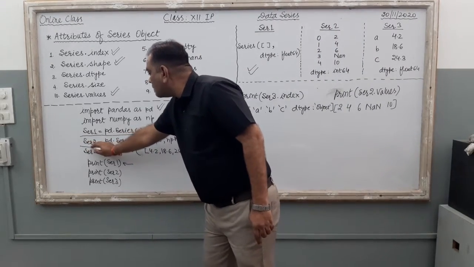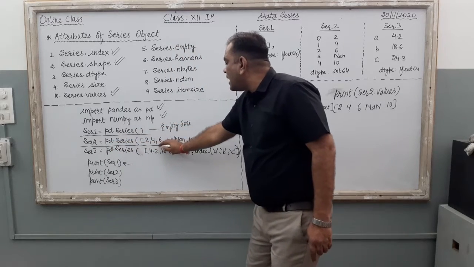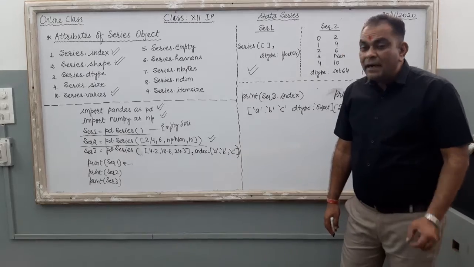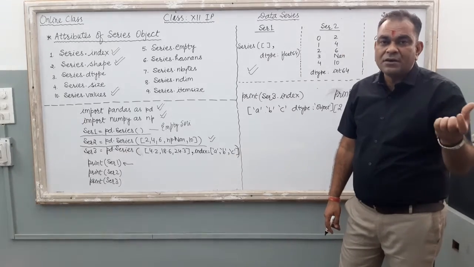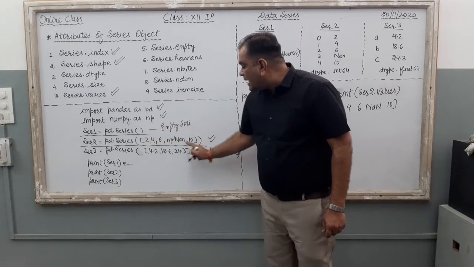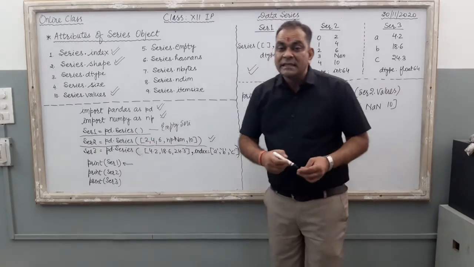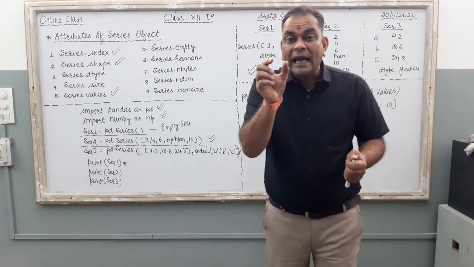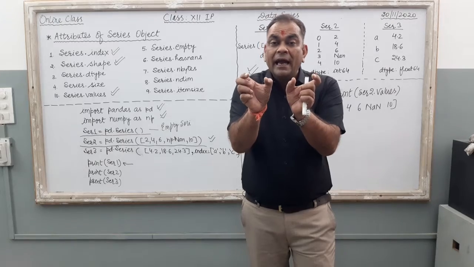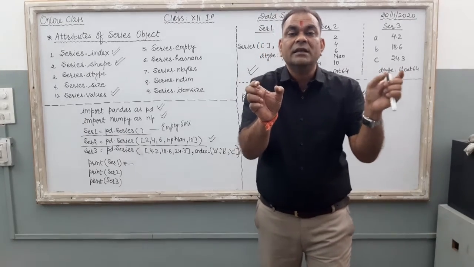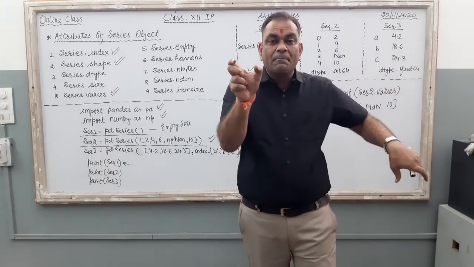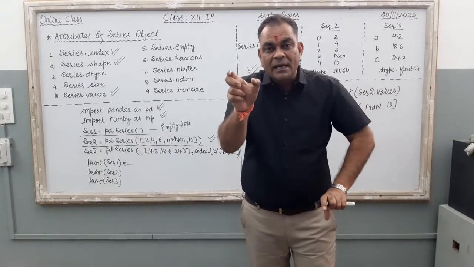So here, now just check it out. The second line of the program SCR2, क्या हो रहा है, कोई अपने चेक करके बताएगा. What is this one? pd.Series means it is a series creation command. Here in this series creation, I supply the data part only. Just see, with the series variable, you can supply a data, you can supply index with data, and you can supply data type also with the data part. Data, index, data type. Right?